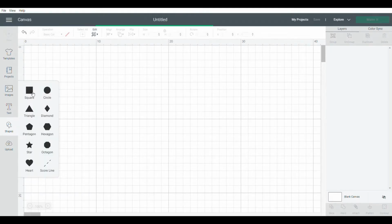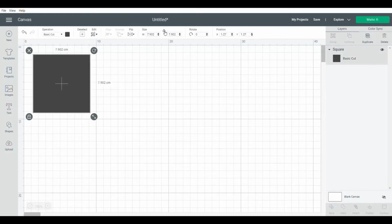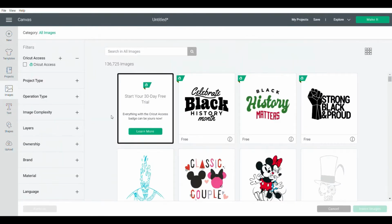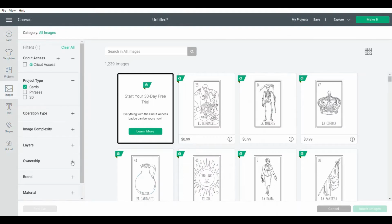So the first thing is we go into shapes and then we'll click on square. Now we're going to go ahead and change the size, unlock. The width would be 7 and the height would be 18 centimeters. Lock that. Now let's go into images and then under project type I'm going to click on cards, and under